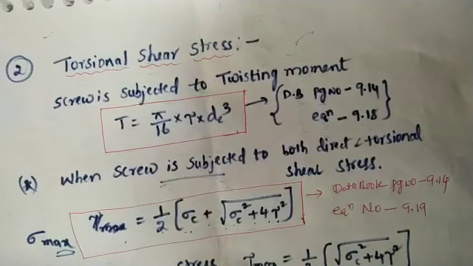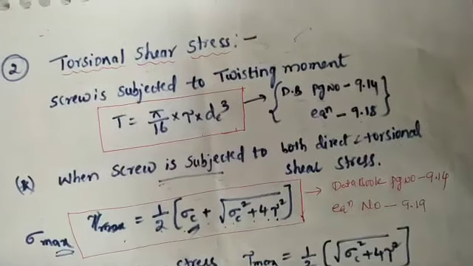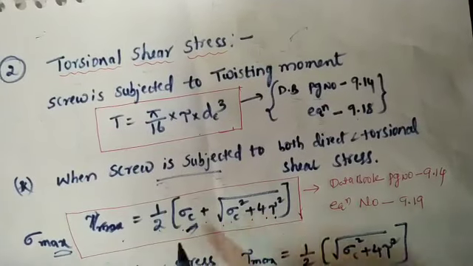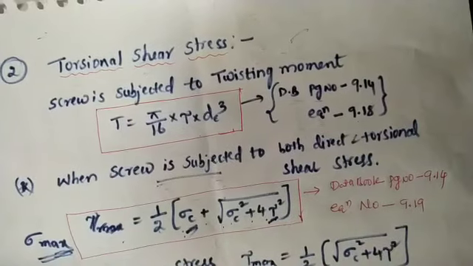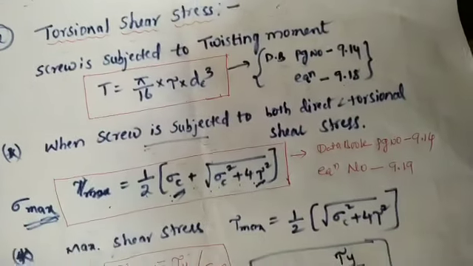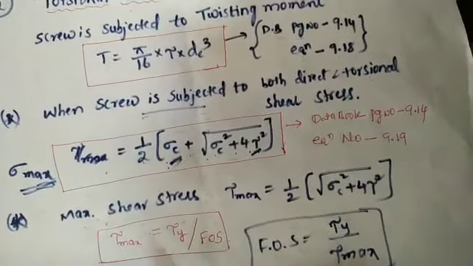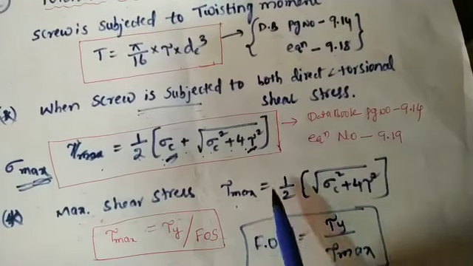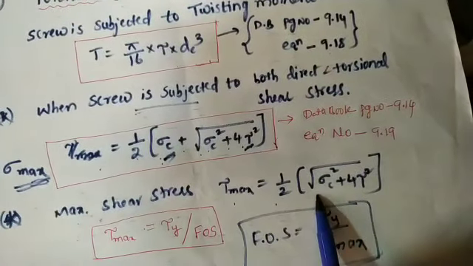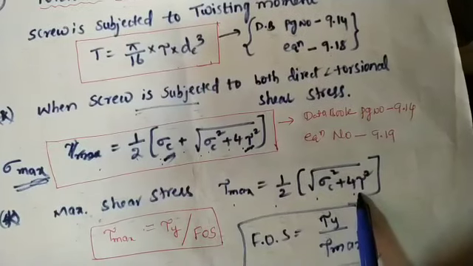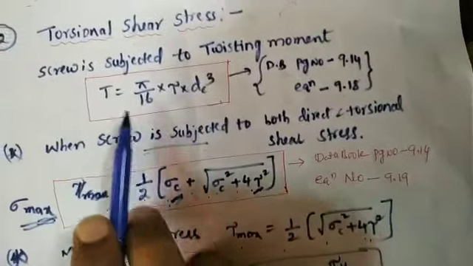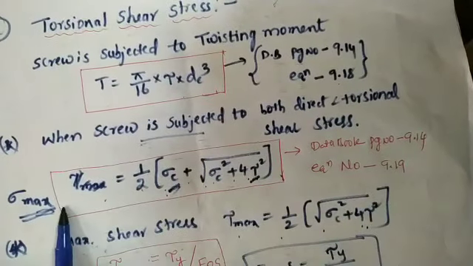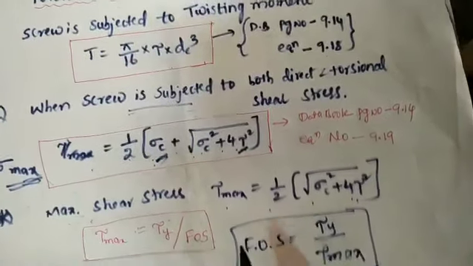Okay, so in case of the screw rods, the stresses are sigma c, that means direct stress or compressive stress. The next one is shear stress. Please use that formula, that means sigma maximum. Then the next one is maximum shear stress. We know that formula: tau maximum equals 1 by 2 into under root of sigma c square plus 4 tau square. Then the torque formula, the sigma maximum formula, and the tau maximum formula